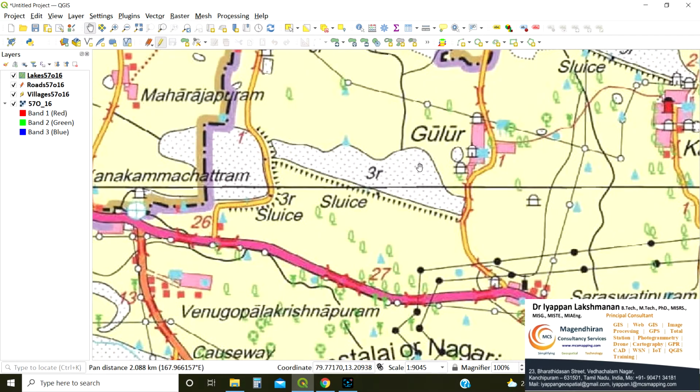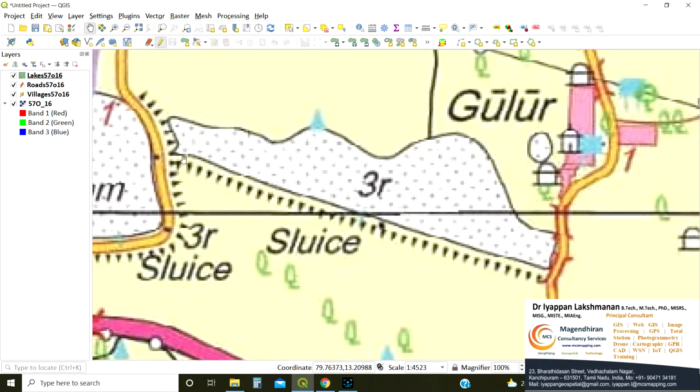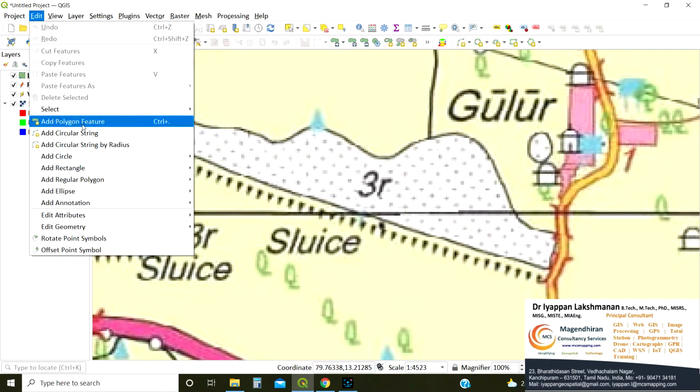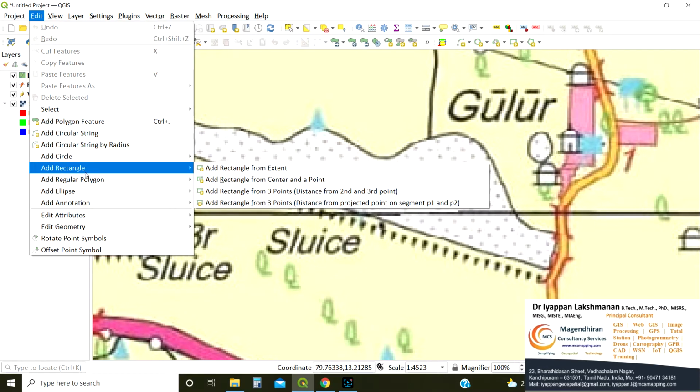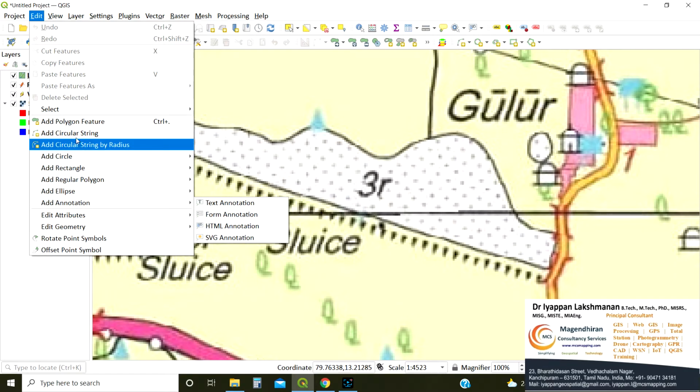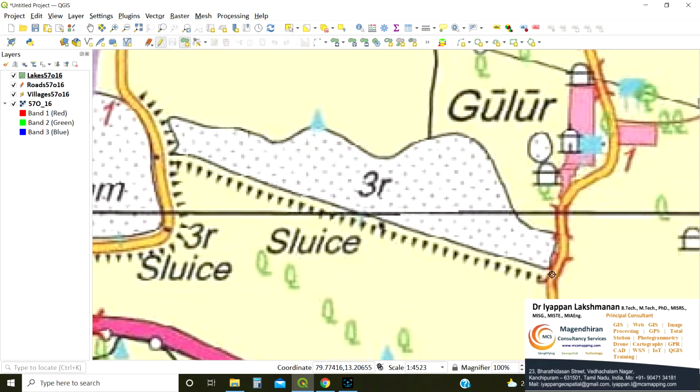Then you can find lakes and the bund on this side. The bund is available. We have to capture it. Edit, Add Polygon Feature. The polygon feature also has many tools. So Add Polygon.